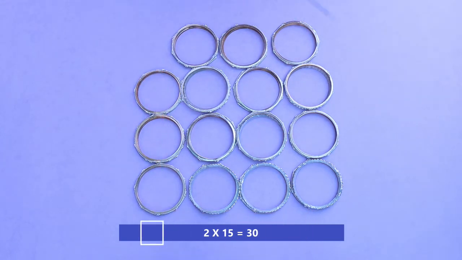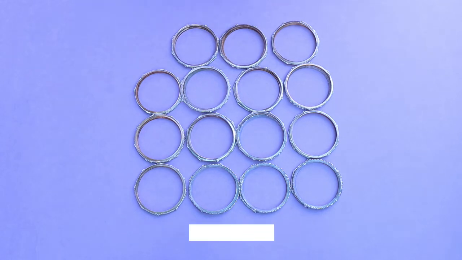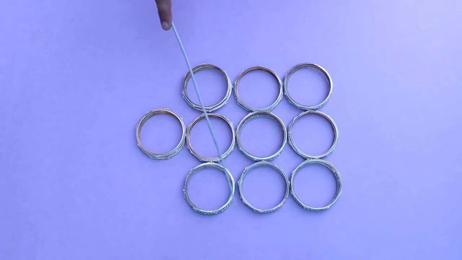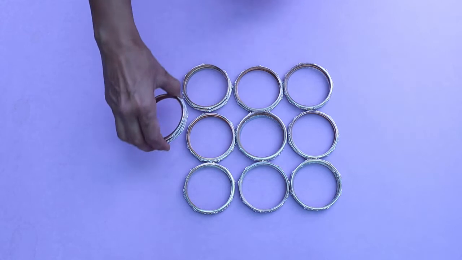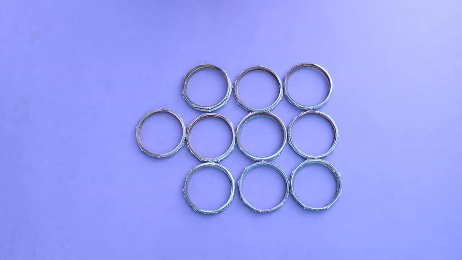So I thought, let me arrange them in piles of 3. Every pile should have 3 bangles each. I am going to do it and show it to you. Now children, in all these piles, there are 3 bangles each. Let us count how many piles I have made. 1, 2, 3, 4, 5, 6, 7, 8, 9, 10. So 30 bangles have been arranged in 10 piles of 3 bangles each.